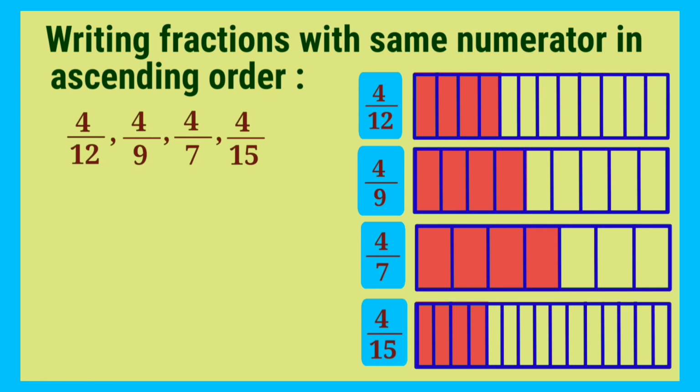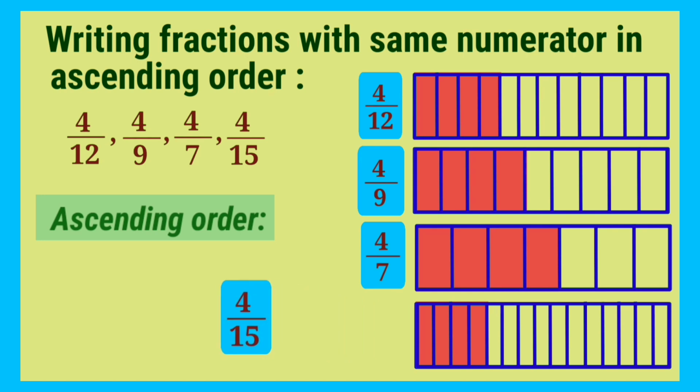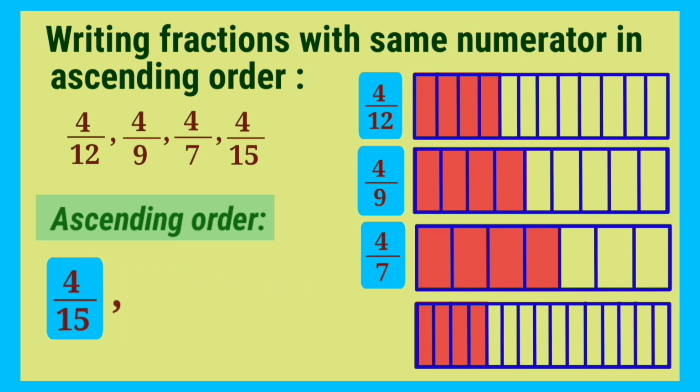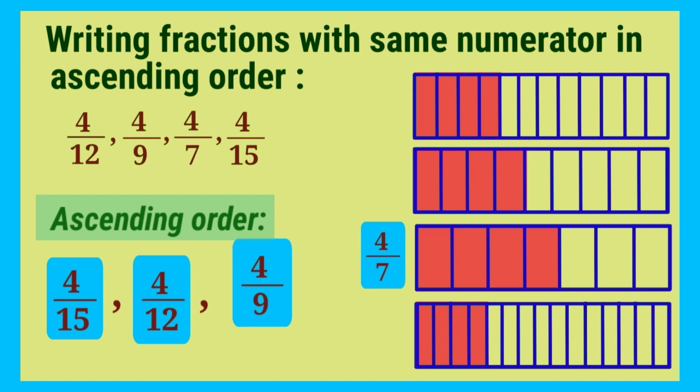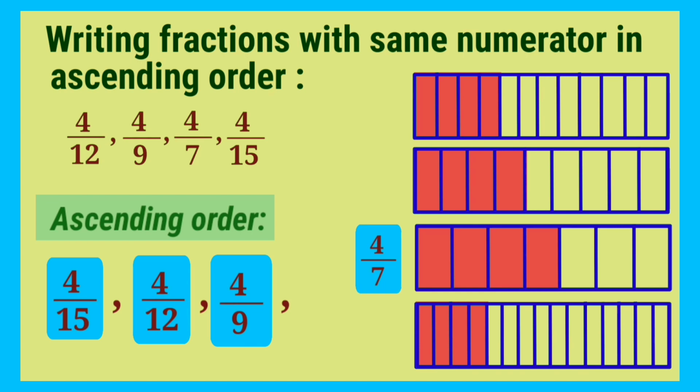As it is very clear from the figure that the 4 over 15 fraction is the smallest of all, so we'll keep this fraction at first place in ascending order. Out of the remaining fractions, 4 over 12 is the smallest, so we'll keep this fraction at second place. Out of the remaining 2, 4 over 9 is the smallest fraction, so we'll keep this fraction at third place in the ascending order. And the last fraction left, that is 4 over 7, which is the largest of all fractions, we'll keep at last place in the